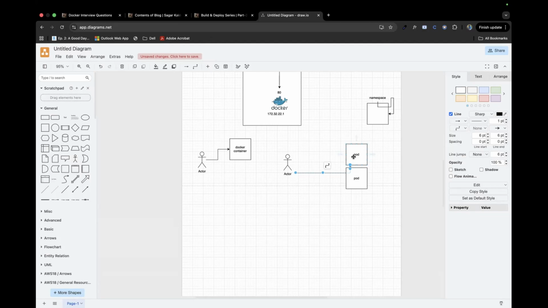And if the load is reduced, you could remove one pod. So Kubernetes gives a simple orchestration, which Docker could not provide. There is something called Docker Swarm, but it was not widely popular because of its complex architecture, where Kubernetes made it easy. That's why Kubernetes is a widely popular tool.